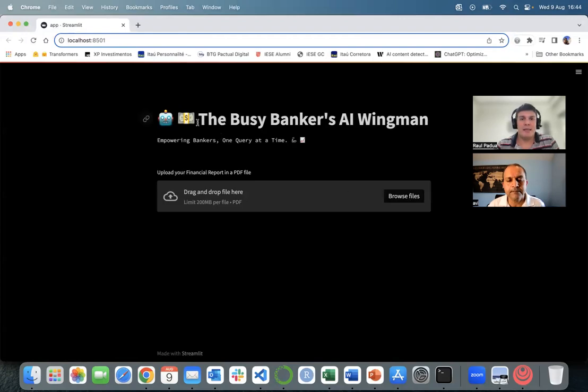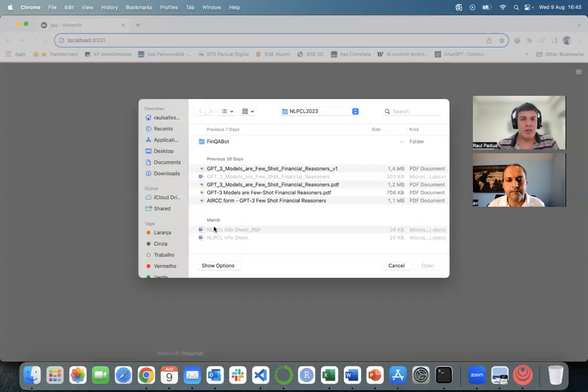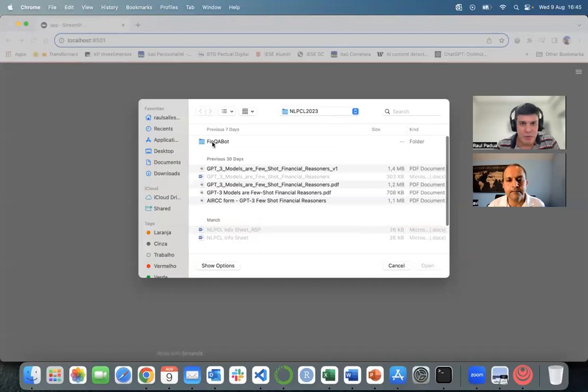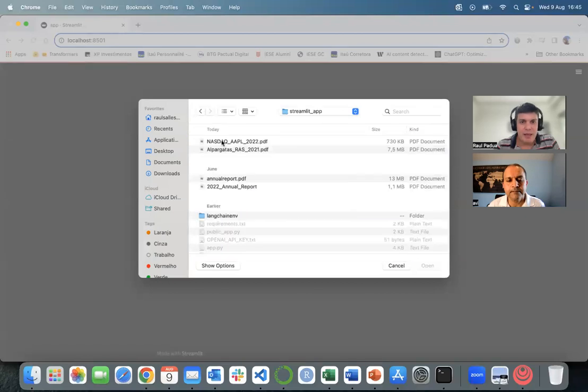The app's called the Busy Banker's AI Wingman because it's a wingman that will help bankers gain productivity analyzing financial documents. Here we're going to do a quick upload of a financial document, an Apple 10K,